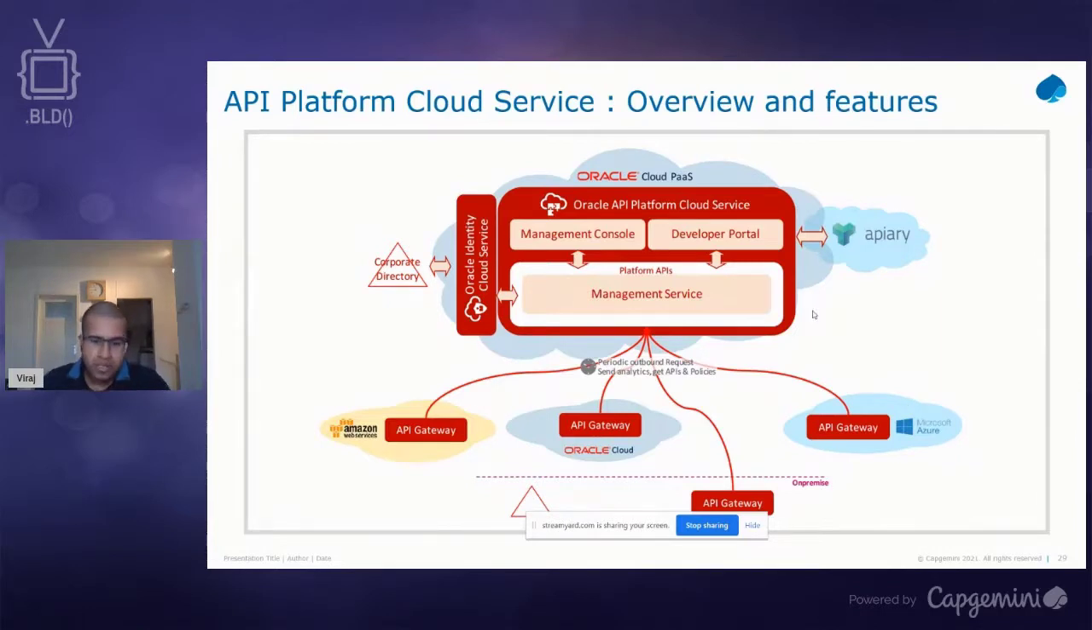API Platform Cloud, just like any other vendor, Oracle also provides us with all the features, bells and whistles required for the API-led economy, and things needed for API monetization as well. You see a management console and a developer portal, both associated and integrated with API, which is Oracle's documentation tool for the APIs. And then you see platform APIs, which is a group of REST APIs provided by Oracle